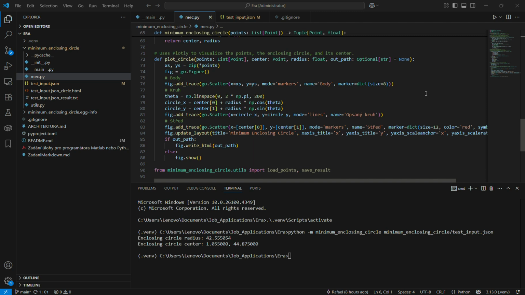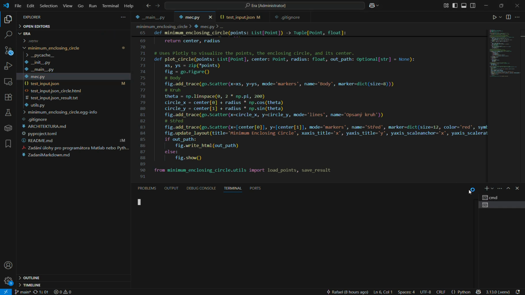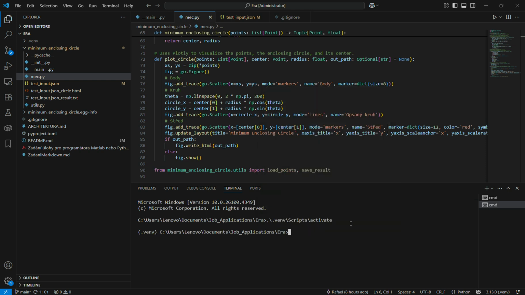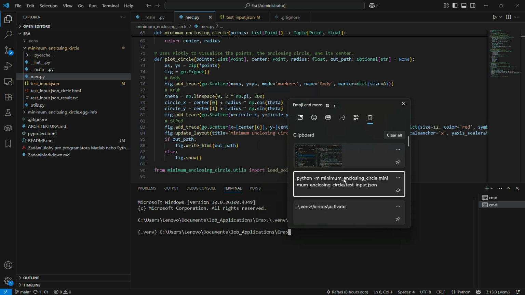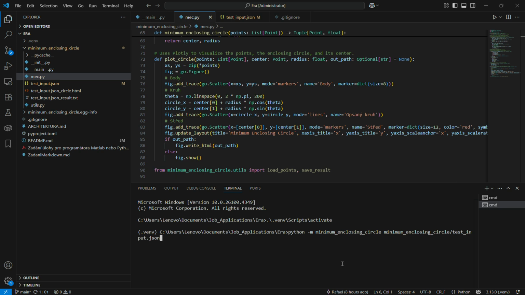This code implements the Welzl algorithm for finding the minimal enclosed circle given a set of points. We run the program, starting with first activating the virtual environment and continuing with running the minimal enclosed circle given a set of input